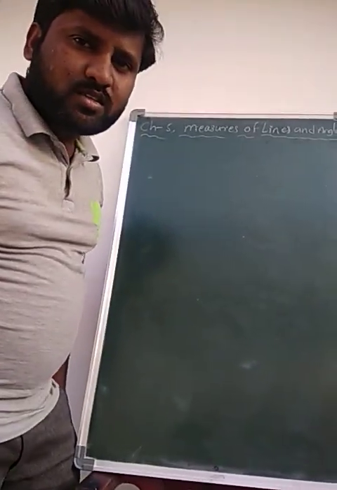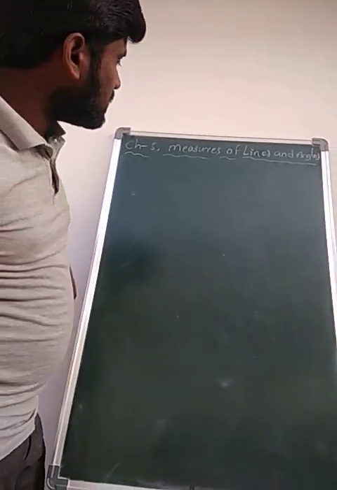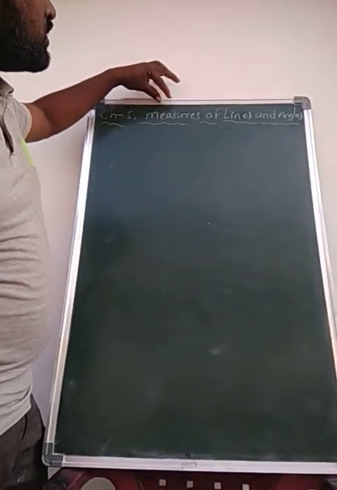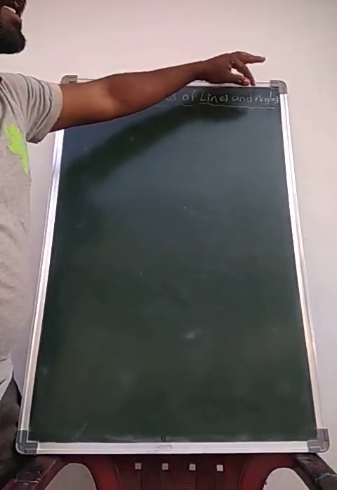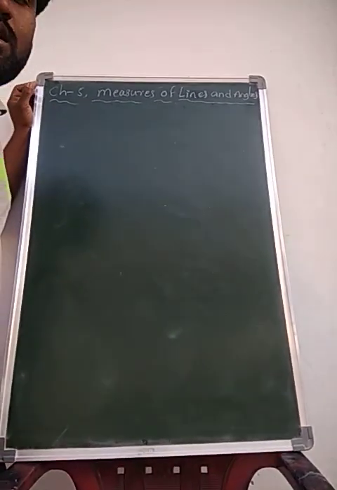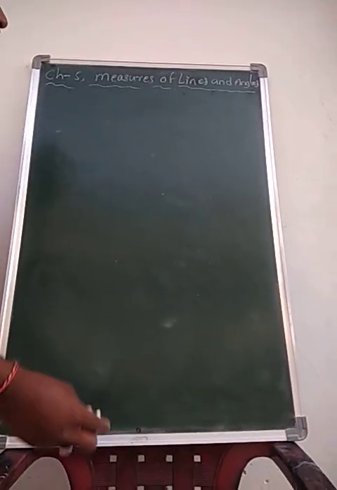Good morning, students. Today we are going to discuss chapter 5, measures of lines and angles. In the previous class we discussed the types of angles. Okay, now